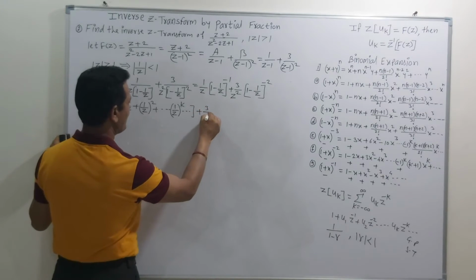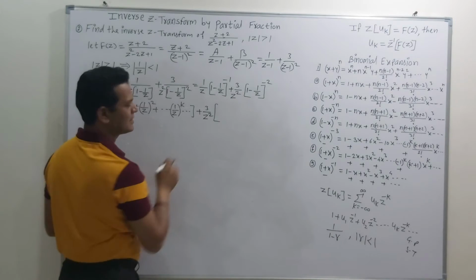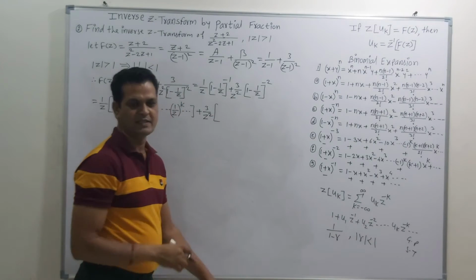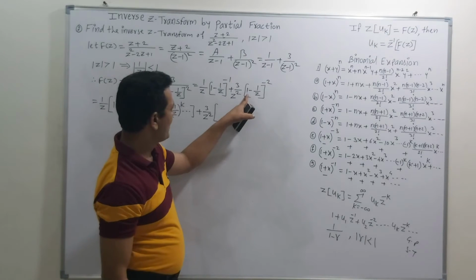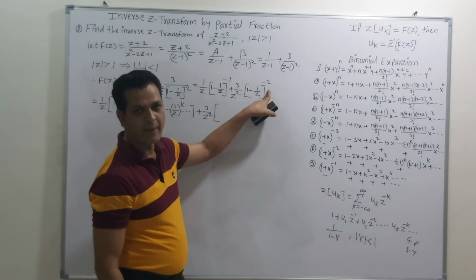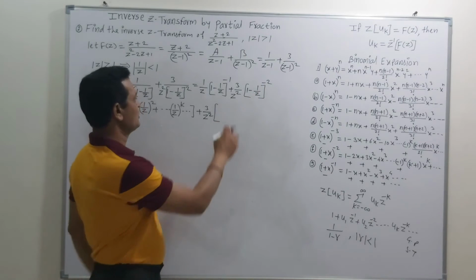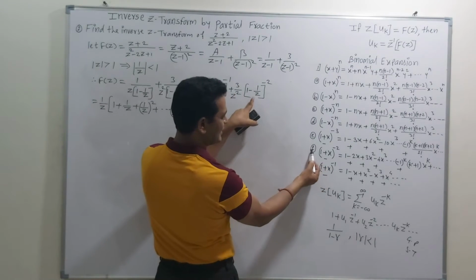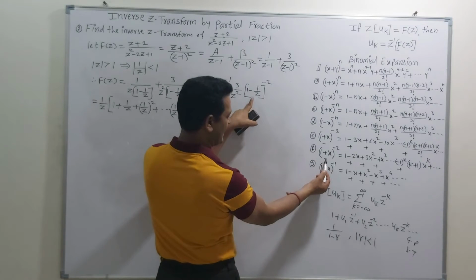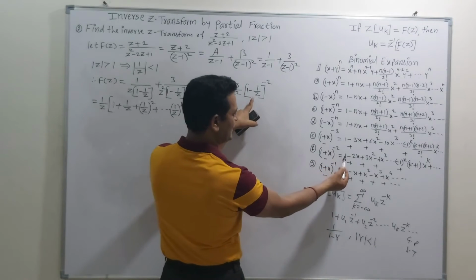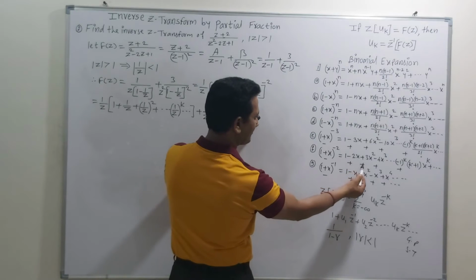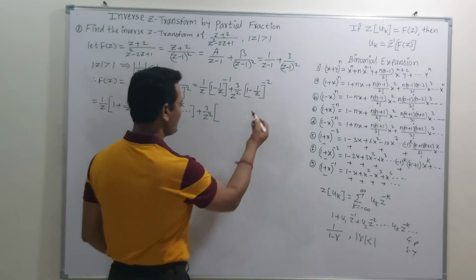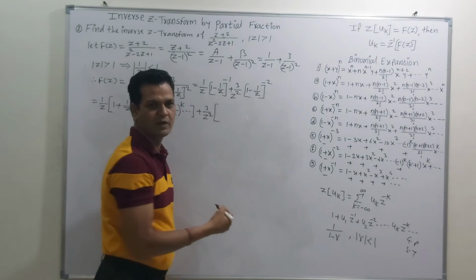So plus this is 3 upon z square as it is. So again, try to simplify this second bracket. Second bracket is 1 minus 1 upon z raised to minus 2. Here power is minus 2, earlier power was minus 1. So for minus 2 power, we can use this result: 1 minus x raised to minus 2 is 1 plus 2x plus 3x square plus 4x cube and so on, where the value of x is 1 upon z.